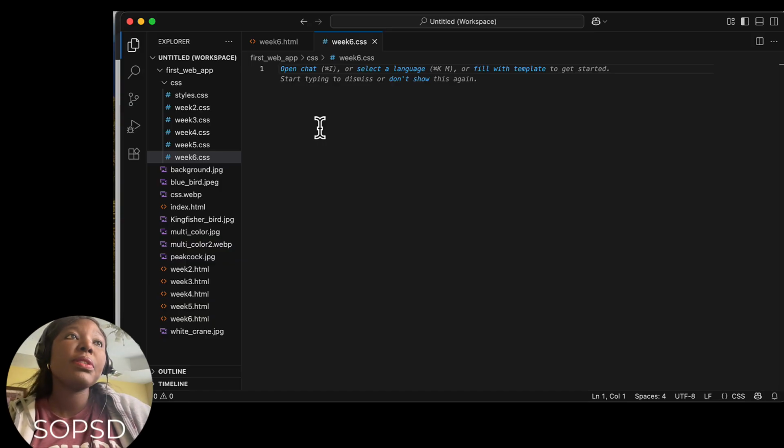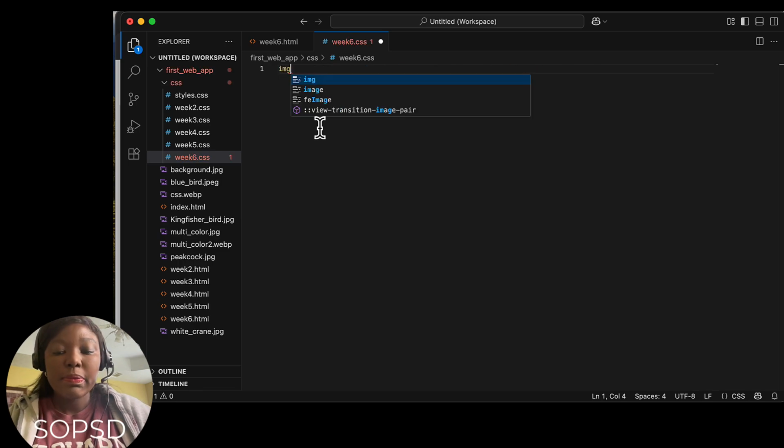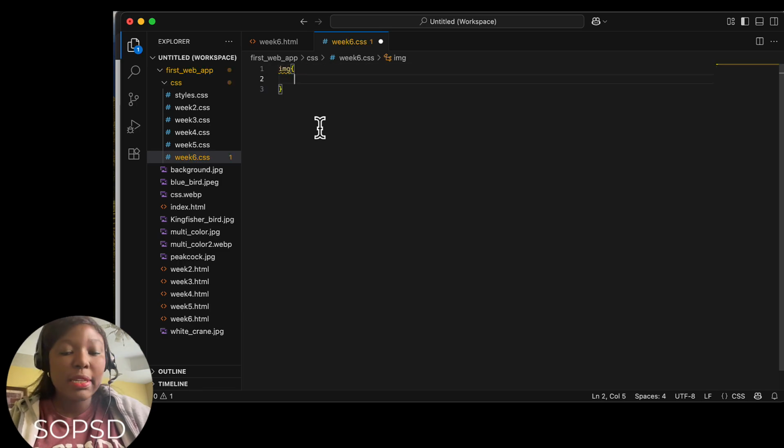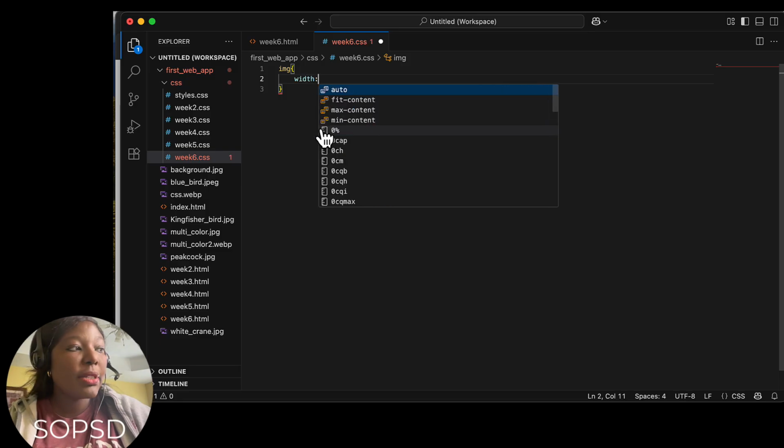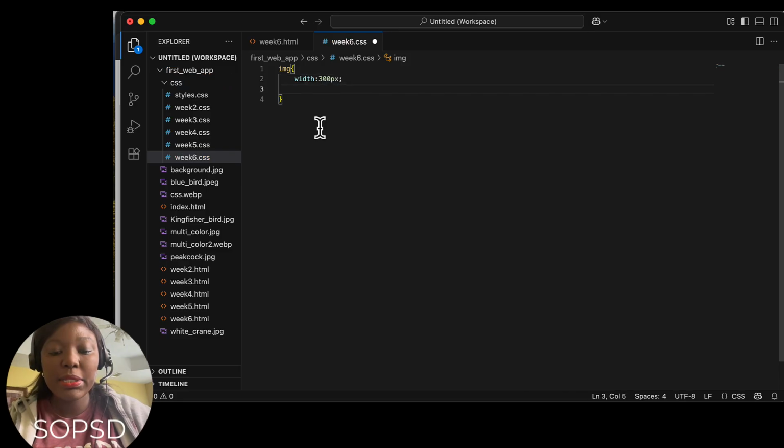It also improves the page stability and it affects search engine optimization positively by speeding up the load time of the page and improving its cumulative layout shift score. So we are going to specify the height and width for the image tag. Now it is better practice to maintain the aspect ratio by specifying only one property, either the height or the width. We want to specify the width of this image to be 300 pixels and then we'll set the height